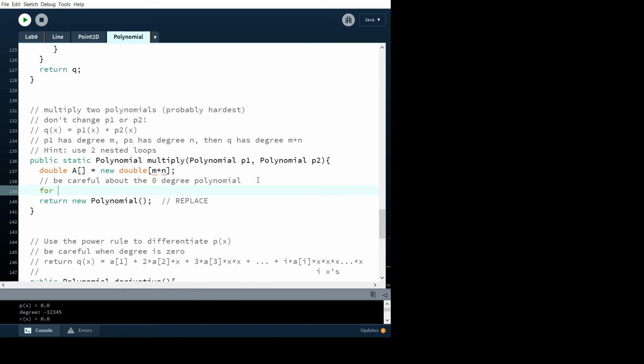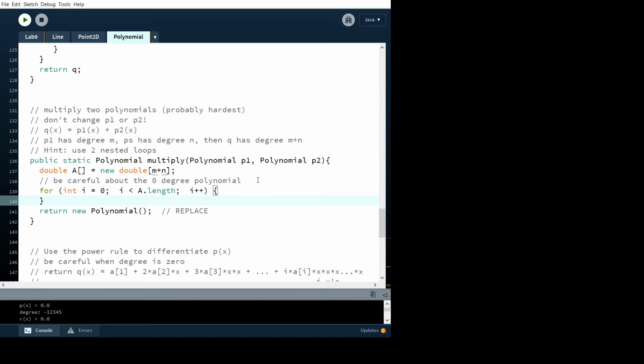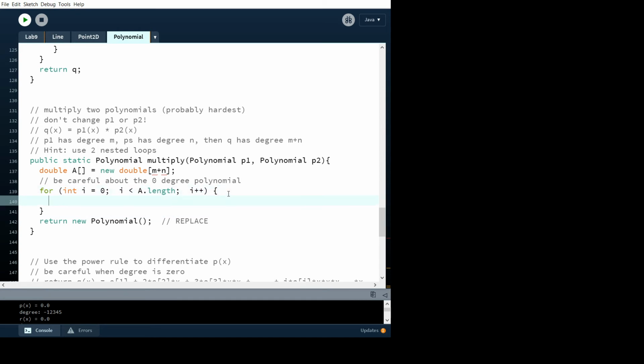Well, for each one of those coefficients, for int i is assigned 0, i is less than, well, it's the degree of that. So that's A dot length. Well, I need to determine what A sub i is. Well, let's initially start it out at 0. So when I think about the ith coefficient